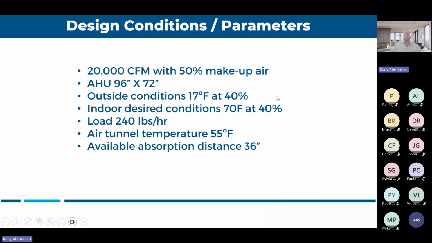So let me give you this example just to explain the importance of insulation and the importance of absorption distance. Let's say you have a 20,000 CFM unit, 50% makeup air, dimension of the unit, outside conditions, indoor conditions, the load. We know that based on these conditions, we need a 240 pound unit. Also, I forgot to mention, I do recommend always insulating the grids for any job higher than 100